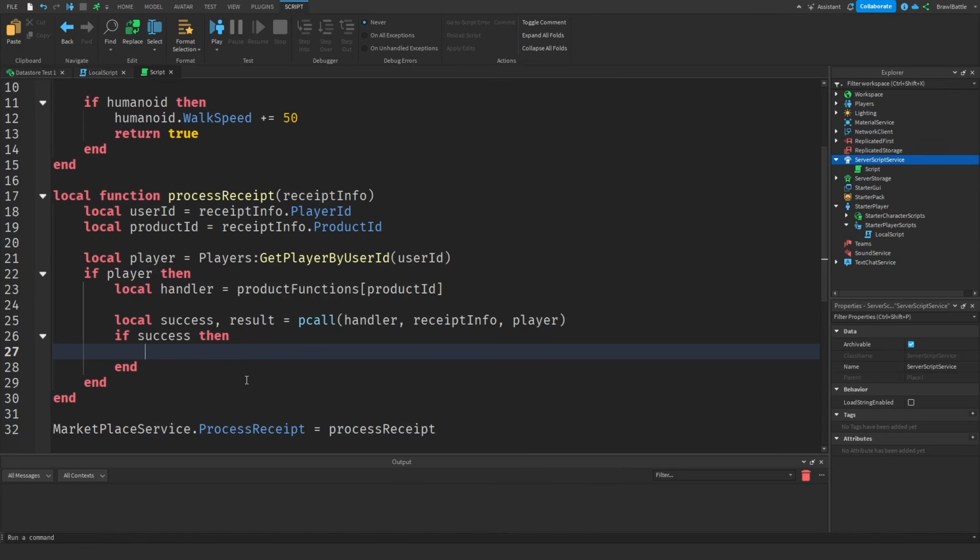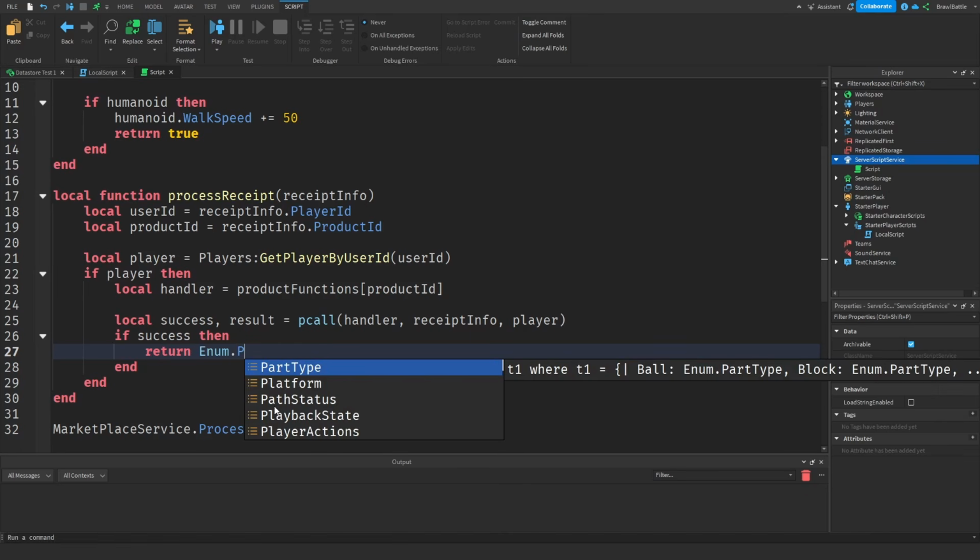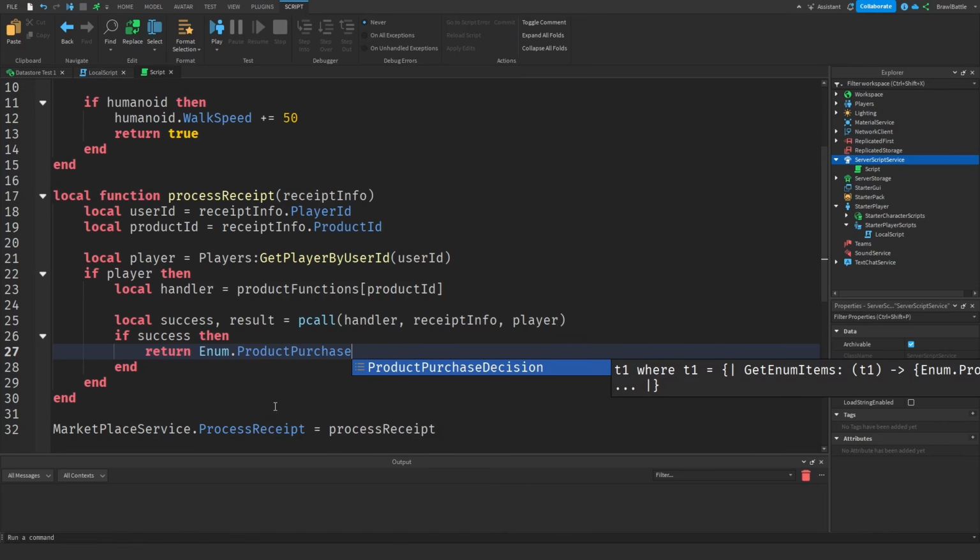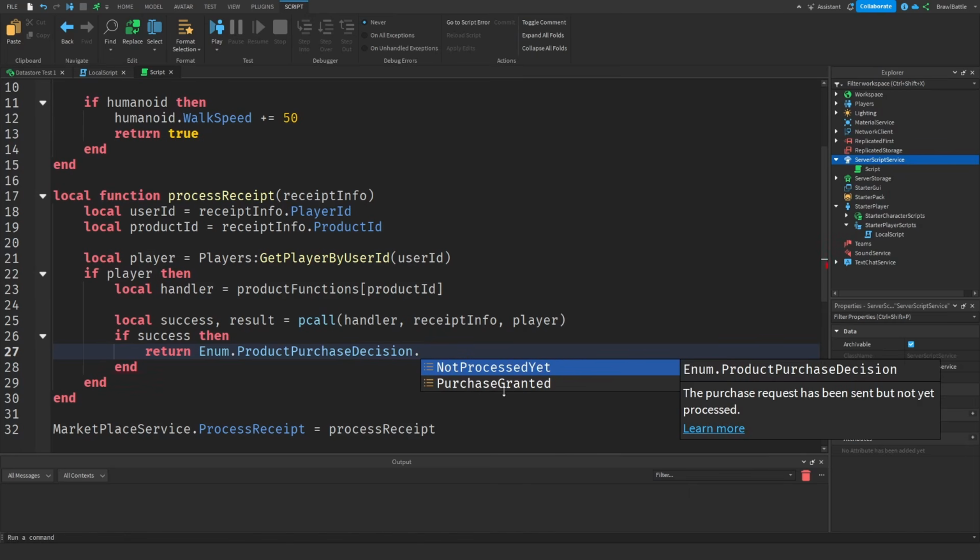And the way we tell Roblox that this has been successful is we return an enum value that basically says that this is a product decision of it being granted. So this is what it's going to look like. We're going to say return Enum.ProductPurchaseDecision. And as you can see, there's two results here. So there's NotProcessedYet and then PurchaseGranted. This one is going to be PurchaseGranted because this has been